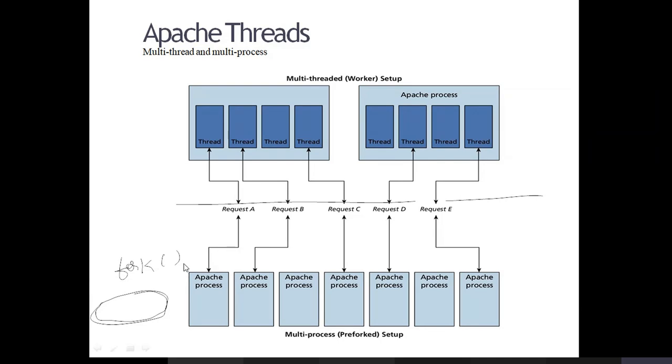And also, the main advantage of going for multi-process is that the process is insulated from other processes. It is not going to interact or communicate with other processes. Whatever action it is performing, the other processes cannot interfere. So that is one advantage: each process is insulated from the other processes.